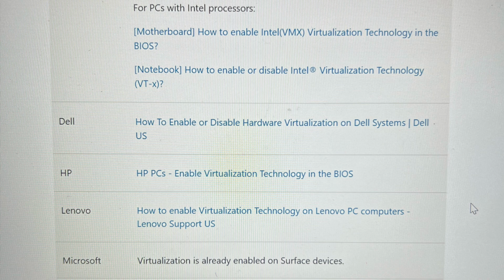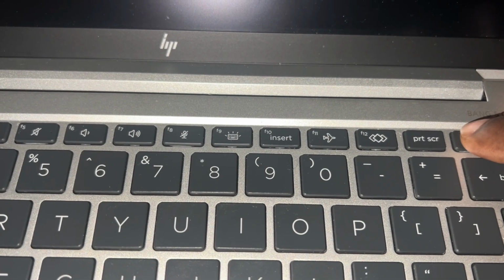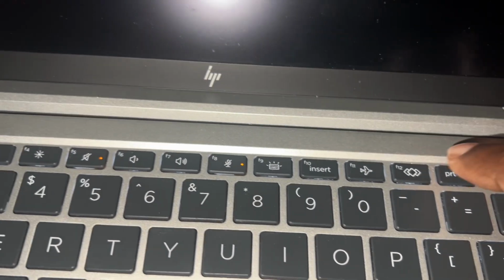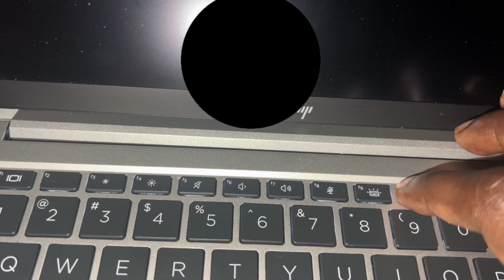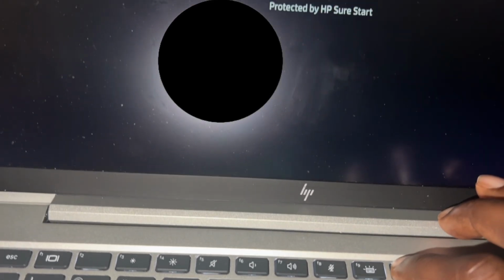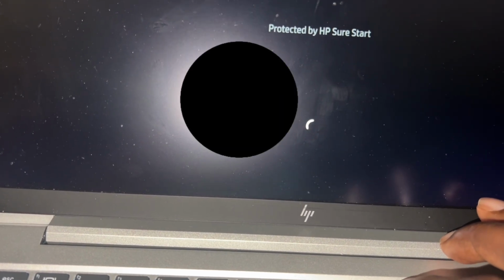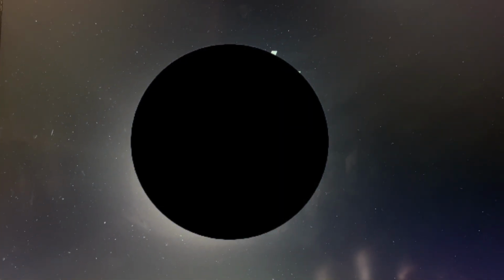If you have not already done so at this point, I want you to shut down your computer. Wait for a couple of minutes after it's already shut down. I want you to power it back on. After you press the on button, I want you to start pressing the F10 key repeatedly until you see the